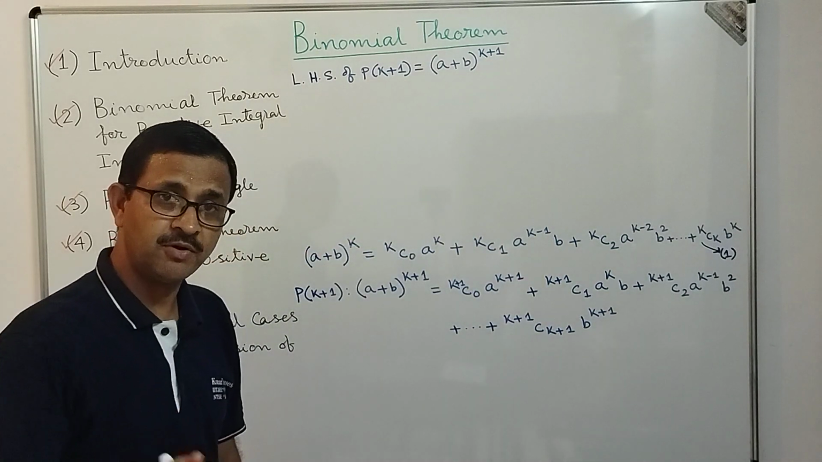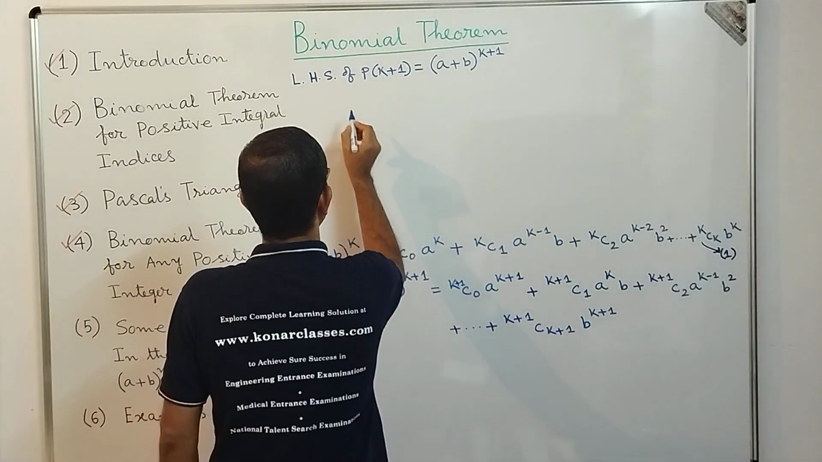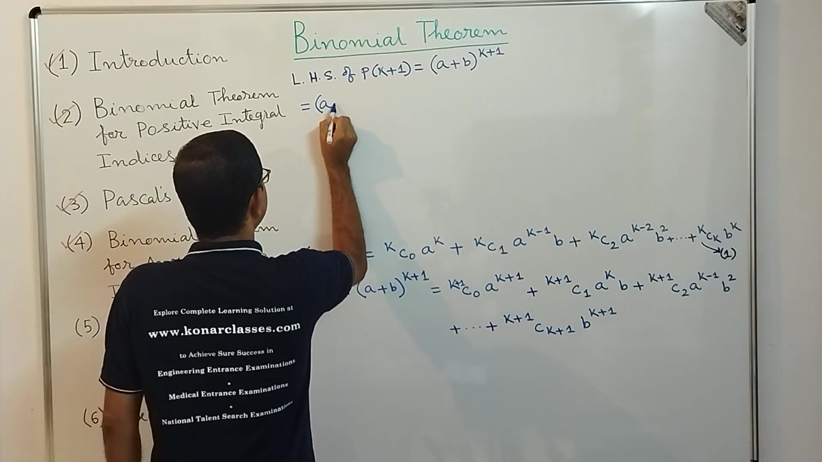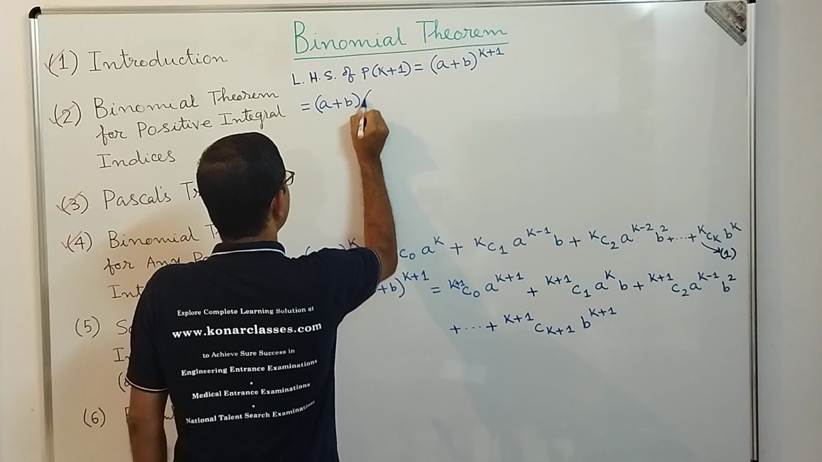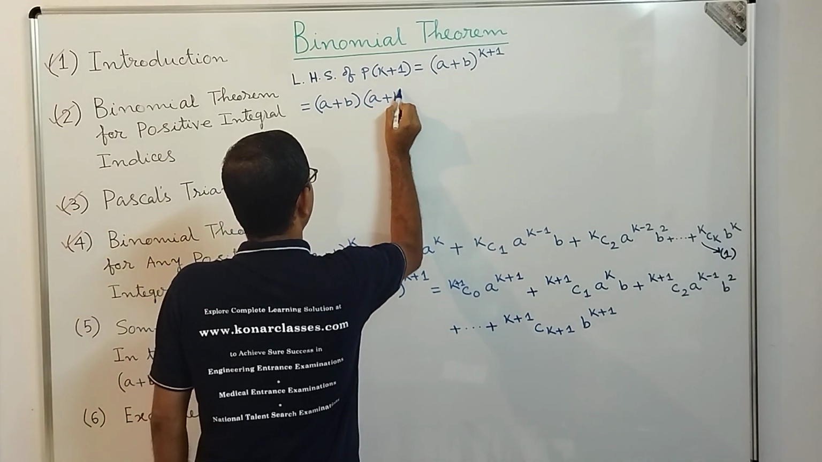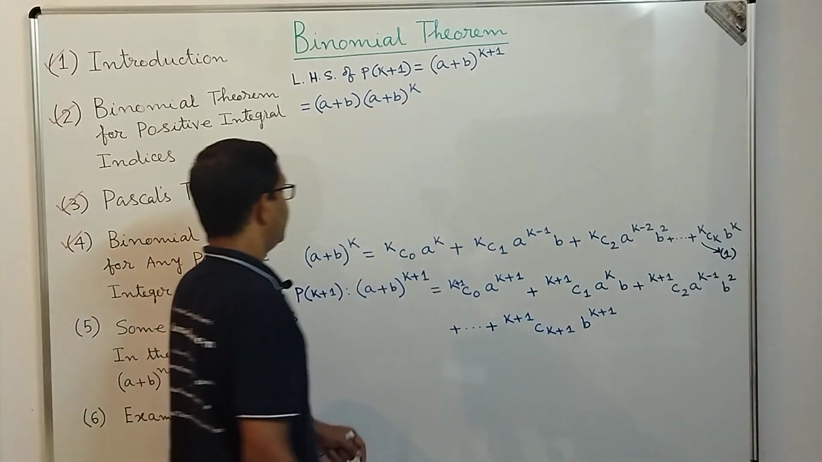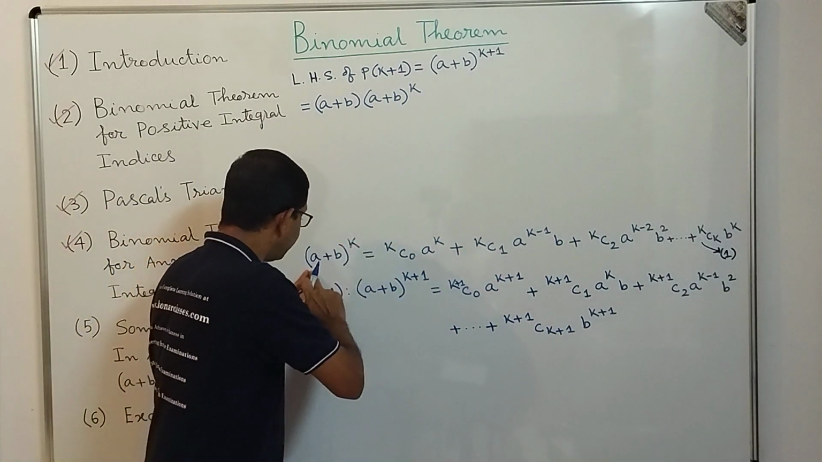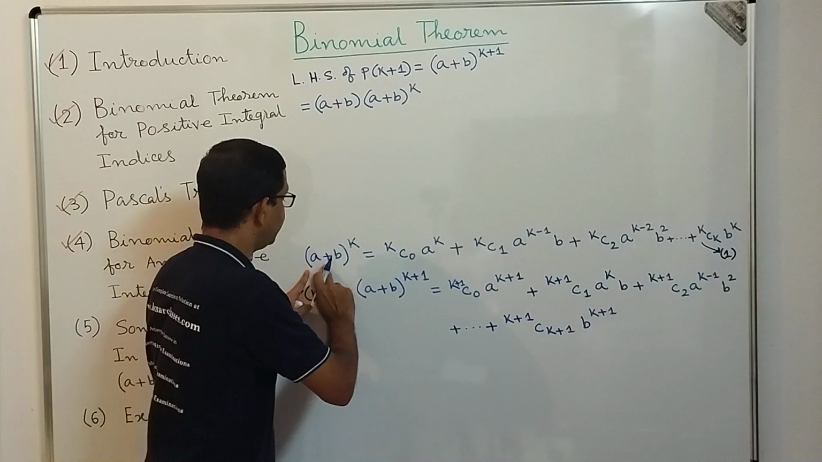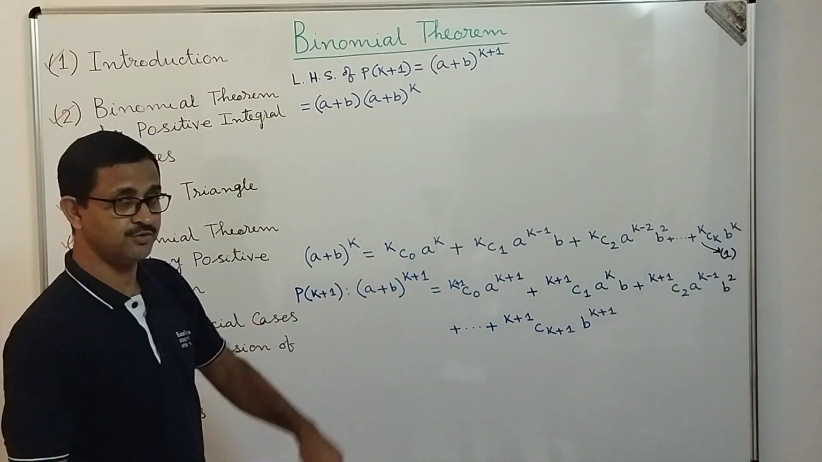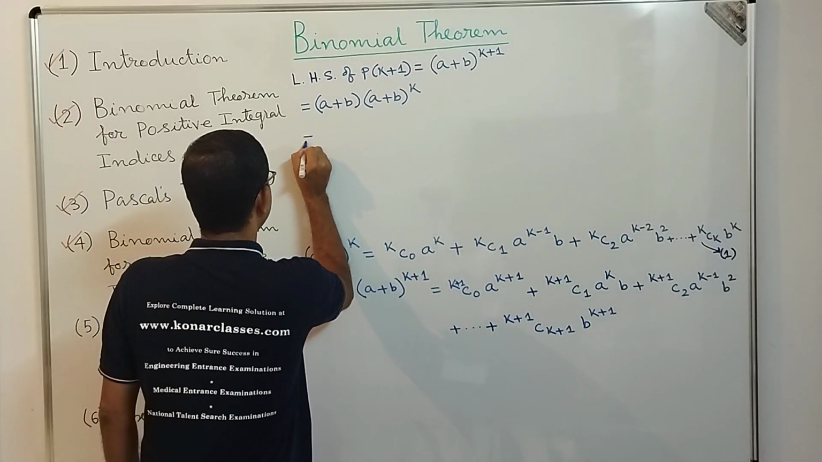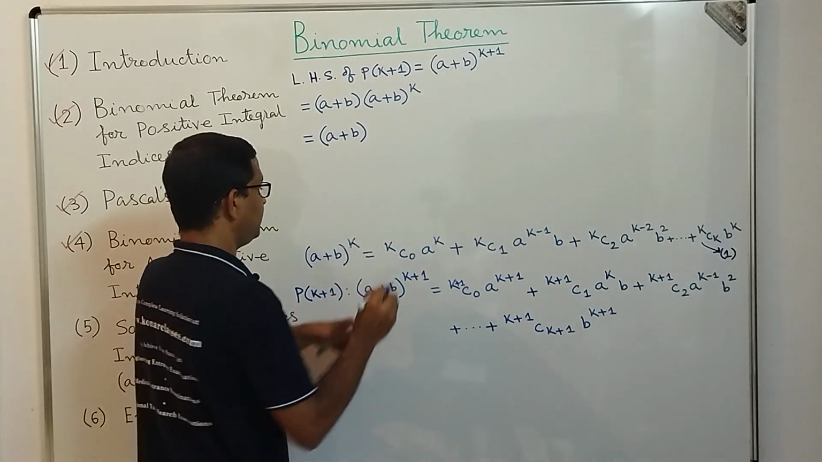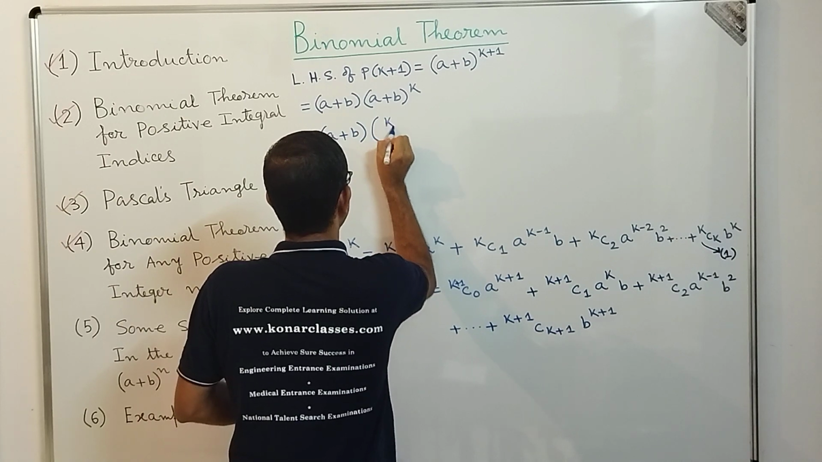Now, (a+b)^(k+1) means what, dear students? That is equal to, we can write here, (a+b) into (a+b)^k. So why are we writing like this? So that we can use this result, (a+b)^k, that result we can use. So we can write here, this is equal to (a+b) into (a+b)^k, that is